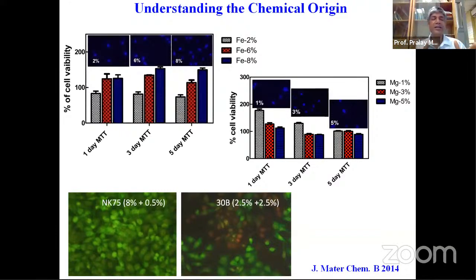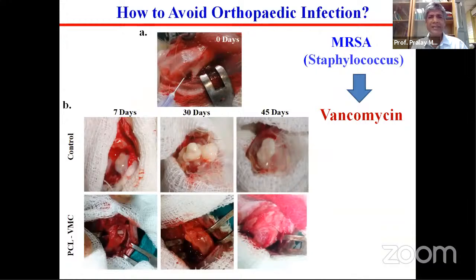This Rajasthan clay consists of more iron, less magnesium. That is helpful for the bone healing experiments and so on. Then we tried to understand bone infections. We artificially create the bone infections, and in the control there are a lot of infections because we infected it. But in the same infected systems, if we put polymer particles where a drug is embedded, that shows gradual release, and there will be no